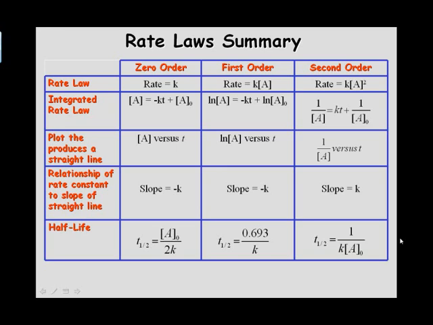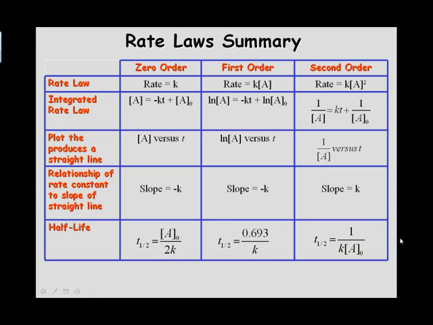And notice the big thing that changes is the form of A. In the zero order, it's simply the concentration of A. In the first order, it's natural log of A, and then in the second order, it's 1 over the concentration of A. Keep in mind then from this summary that you simply plot your concentration versus time, your natural log of concentration versus time, and your 1 over concentration versus time, and whichever one more closely resembles a line,